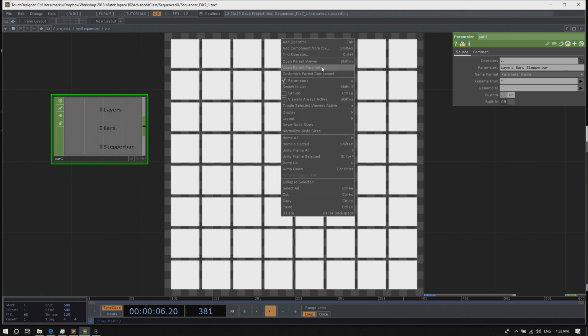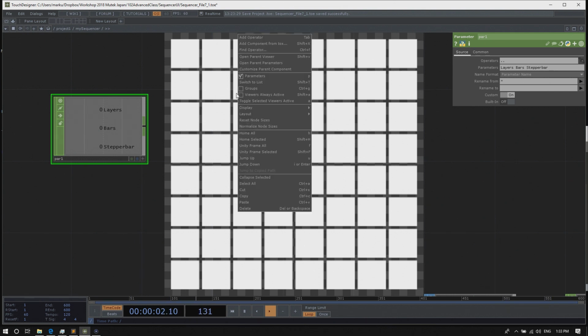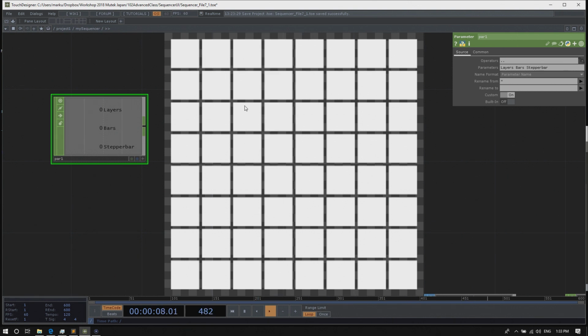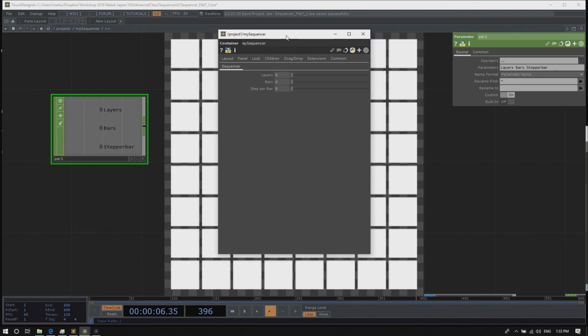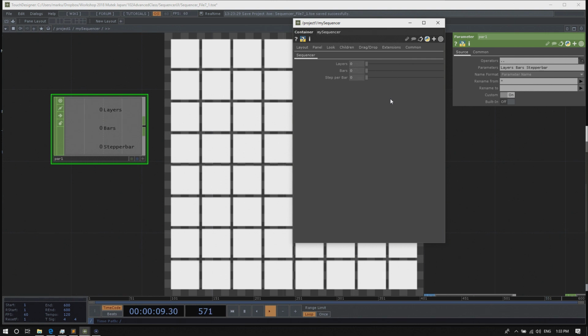Right-click in the pane and select Open Parent Parameters. The values we set are still 0 by default, so if you want to change them, open this view and you can see the parameters we just made.